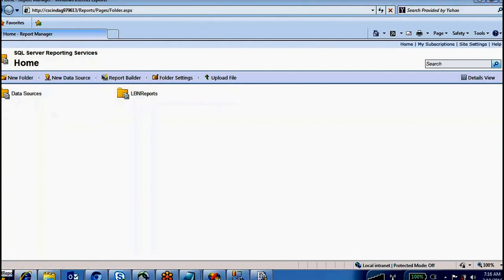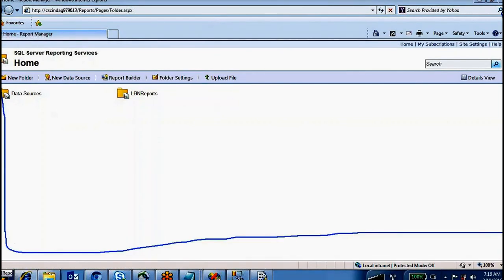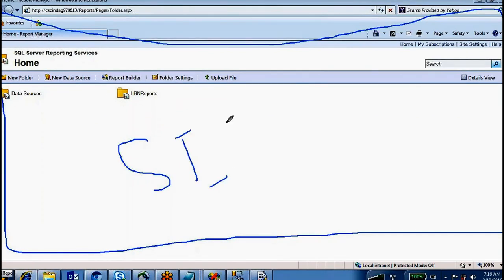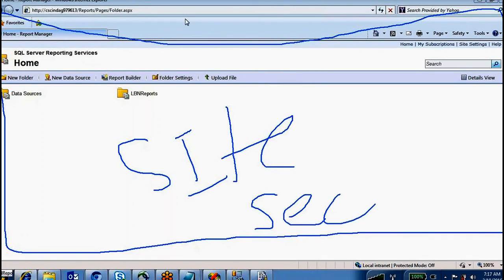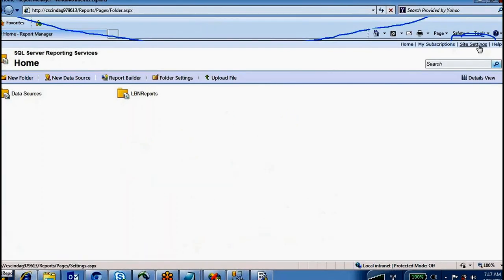First we have to give the entire site level permission. Where can you give the site level security? We can give that in the site settings here. Just click on the site settings option.